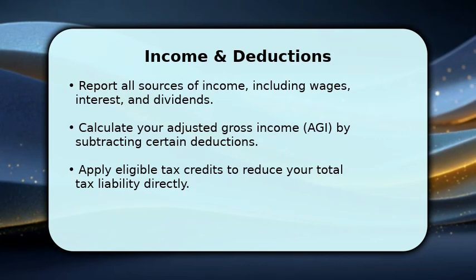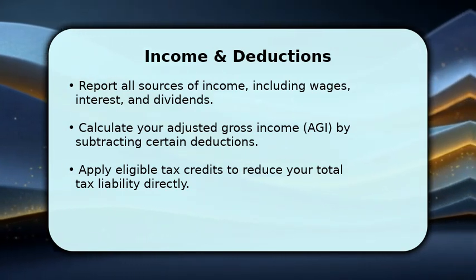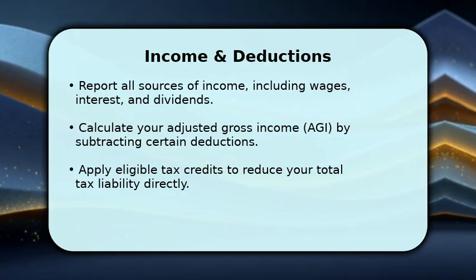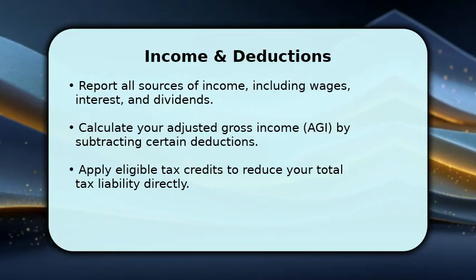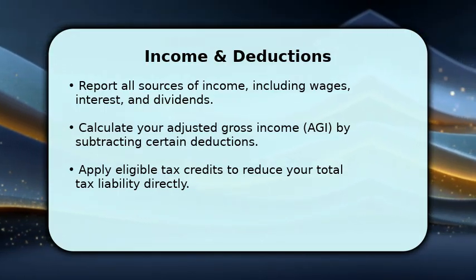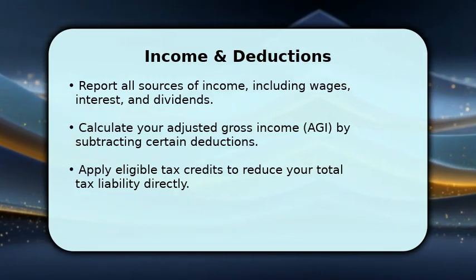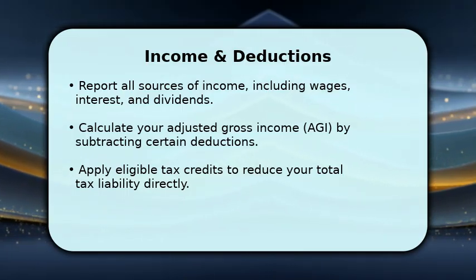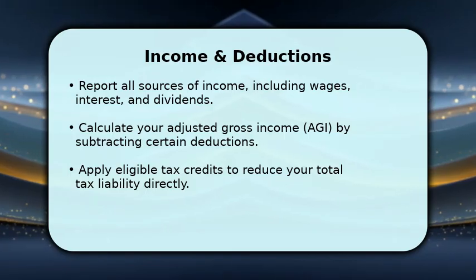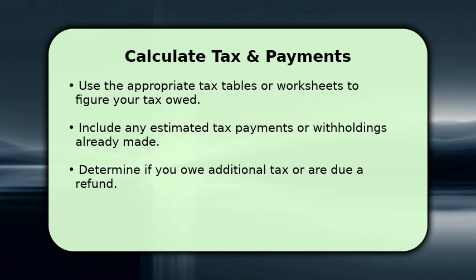After gathering your documents, accurately report all income sources on Form 1040, such as wages, interest, and dividends. Then, calculate your adjusted gross income, or AGI, by subtracting specific deductions like student loan interest or IRA contributions. Finally, apply any eligible tax credits, which directly reduce the amount of tax you owe, potentially leading to a larger refund. Now, use the official tax tables or worksheets provided by the IRS to accurately figure out your total tax